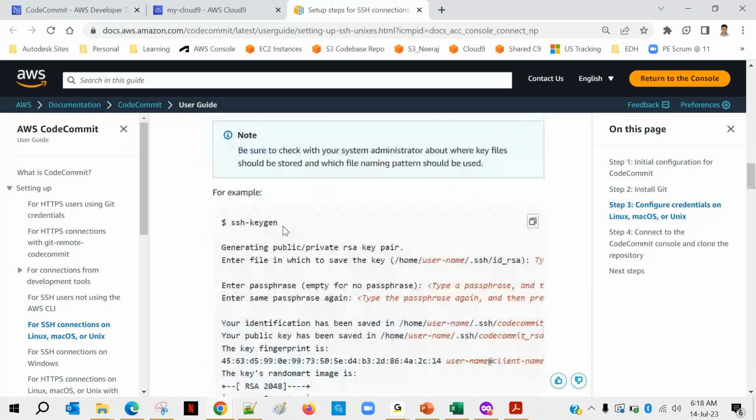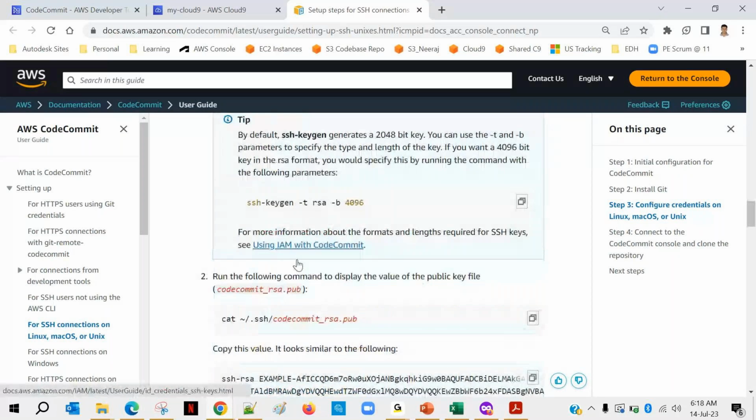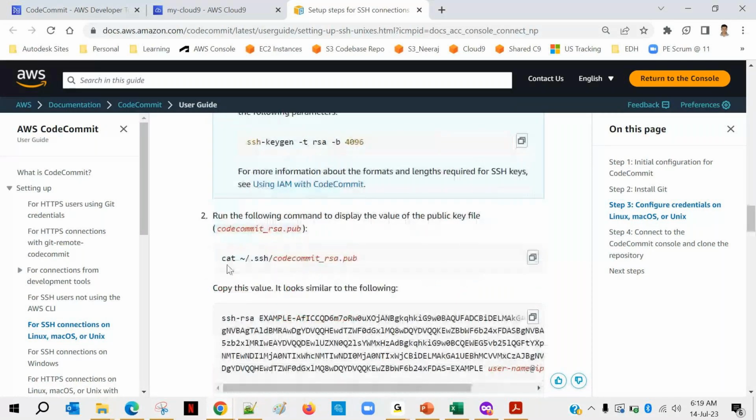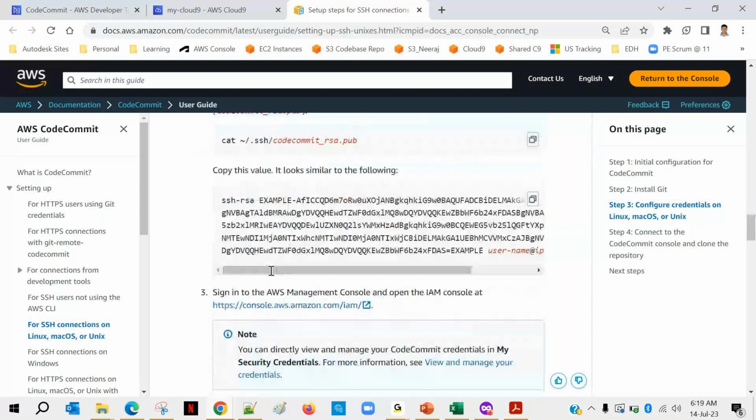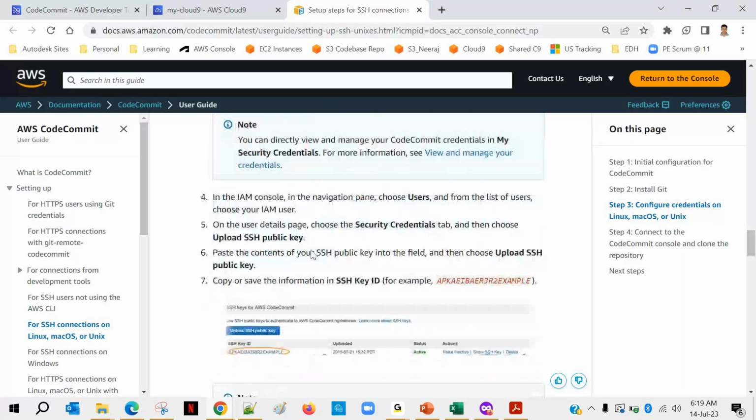This one we have already done yesterday, ssh-keygen, and there are two files, that is also okay. This one also we did the content. This is the copy, where I have to put this. Sign into the AWS Management Console, open the IAM console, go to users. On the user detail page, choose the security credentials tab and then choose